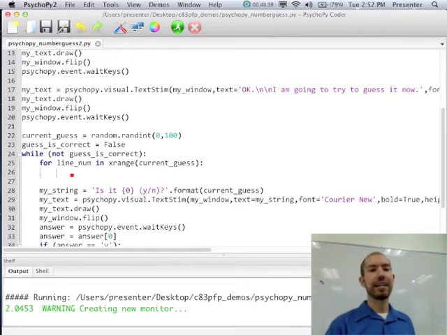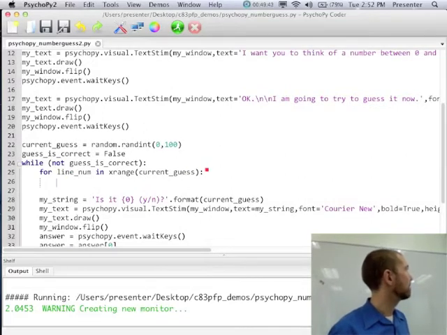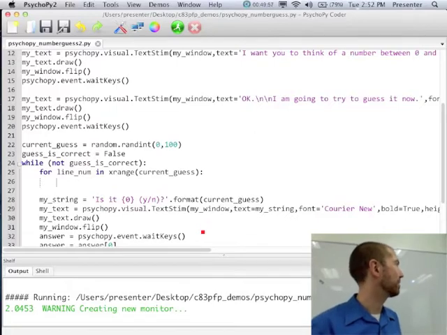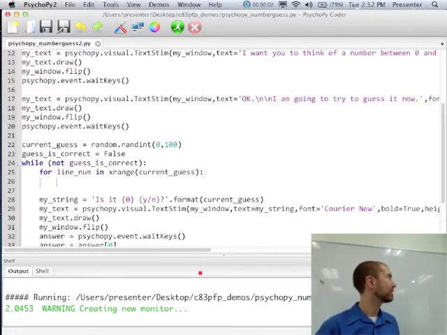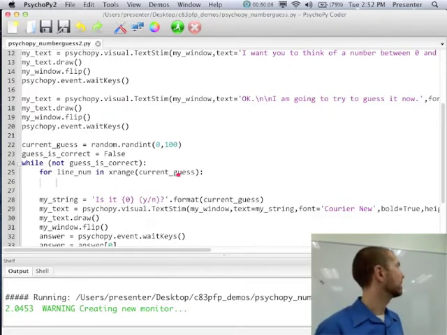Now PsychoPy represents the center of your screen. It's like in mathematics, the center of your screen is 0, 0. And to the left takes on negative values, to the right takes on positive values, up takes on negative values. I should check this out and make sure I'm telling you the right thing. And down takes on positive values. We can test that pretty easily, actually. Okay, but the point is that here is 0, 0, right?